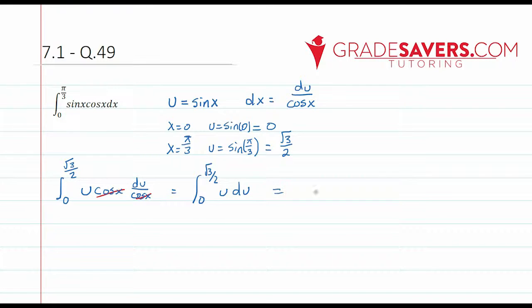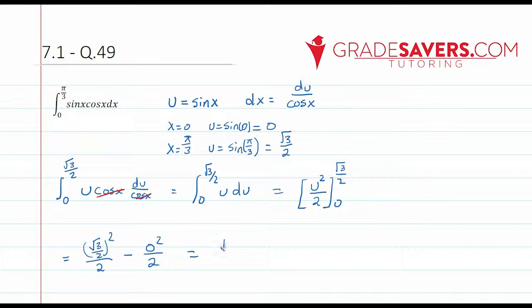And this is equivalent to u. You have to understand there's an exponent of 1 here, so 1 plus 1 is 2, divided by 2. And we have to evaluate this from 0 to root 3 over 2. And let's evaluate. We get root 3 over 2 squared over 2 minus 0 squared over 2, which is really